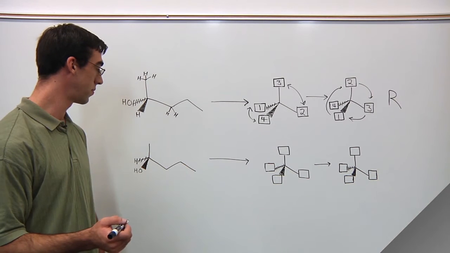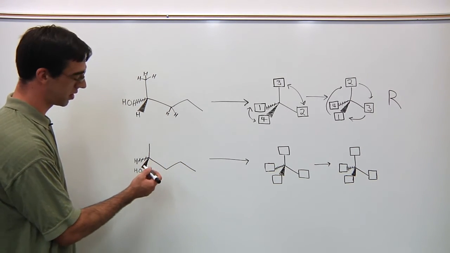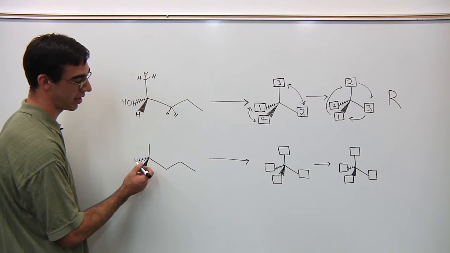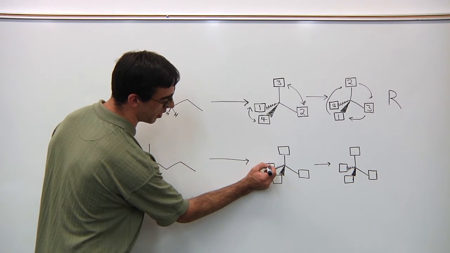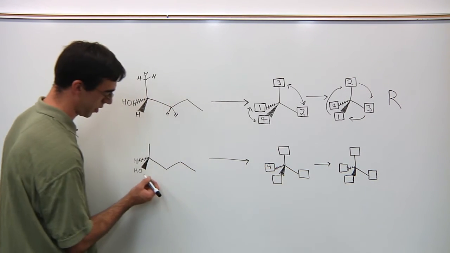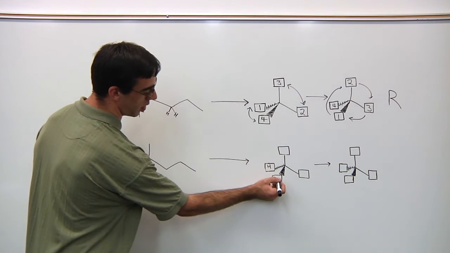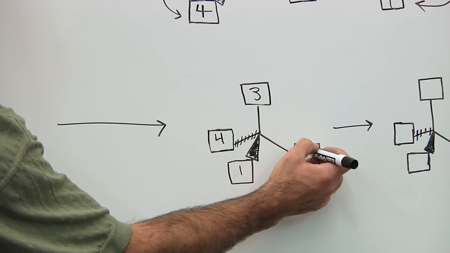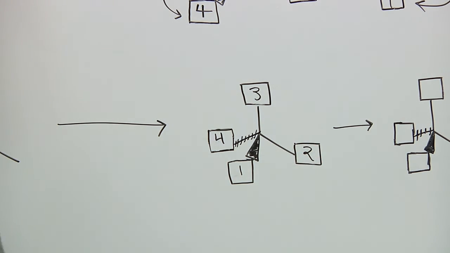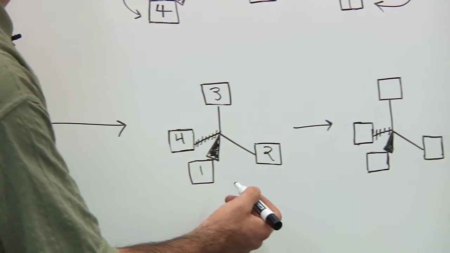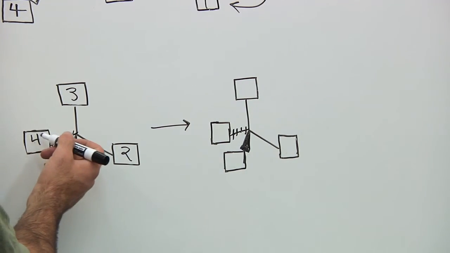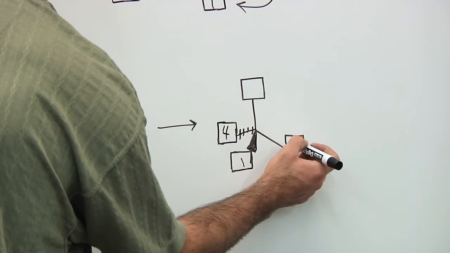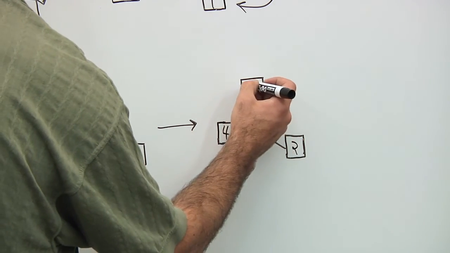For the other enantiomer, you must also assign priorities in the same manner as we did before. Hydrogen has an atomic number 1, so its priority is going to be 4. The hydroxide group is again 1, the methyl group is again 3, and the propyl group is also again 2. Here, we don't have to interchange any of the groups because the lowest priority group is already in the back. So we'll go ahead and fill in the box the same as it appears to the left.